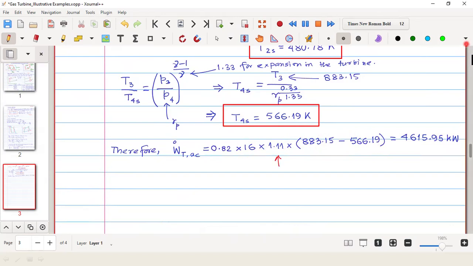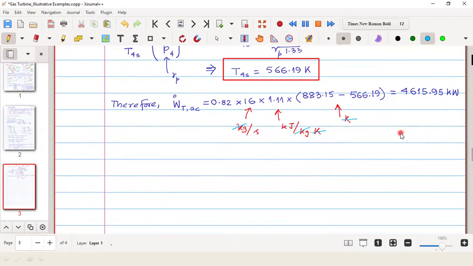What is the unit of this? This is kilojoule per kg Kelvin. What is the unit of that? Kelvin. So that Kelvin and this Kelvin will cancel. And here it is kg per second. So this kg and this kg will cancel. So finally, it will remain as kilojoule per second. So kilojoule per second means kilowatt. So this is basically the turbine actual work output. Now for the compressor,